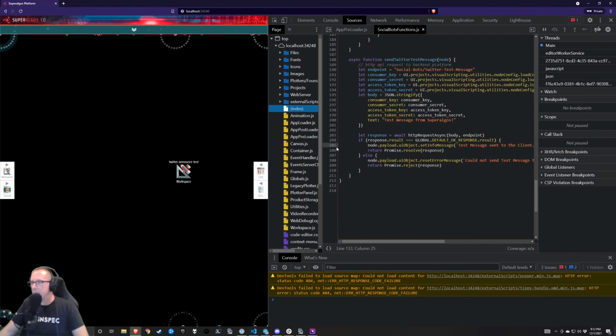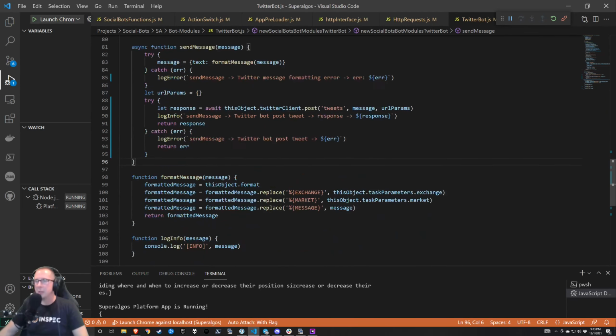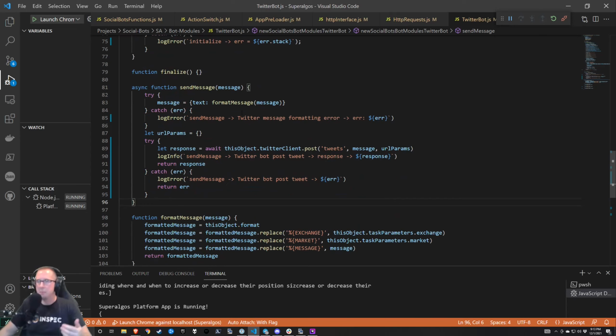So starting with my send Twitter message, actually, I want to start with my Twitter bot code itself. There's another thing that I decided to do when I was working with this as well, which was to upgrade the Node.js module from the Twitter 1 npm module to Twitter v2. And part of what is driving a lot of these issues,